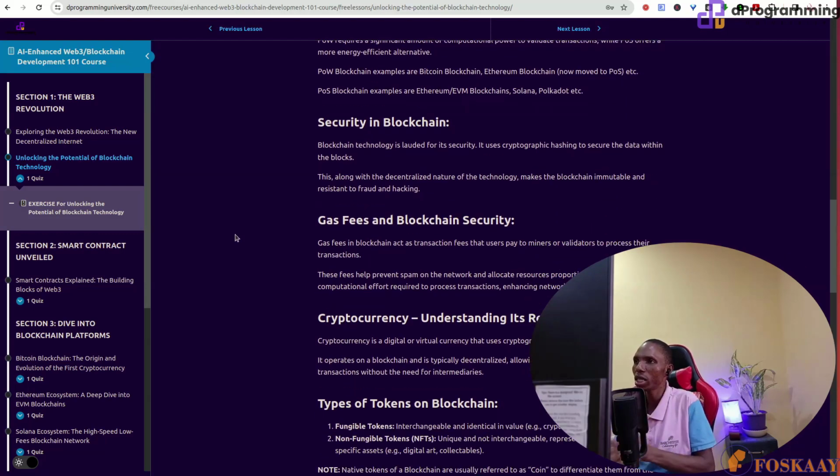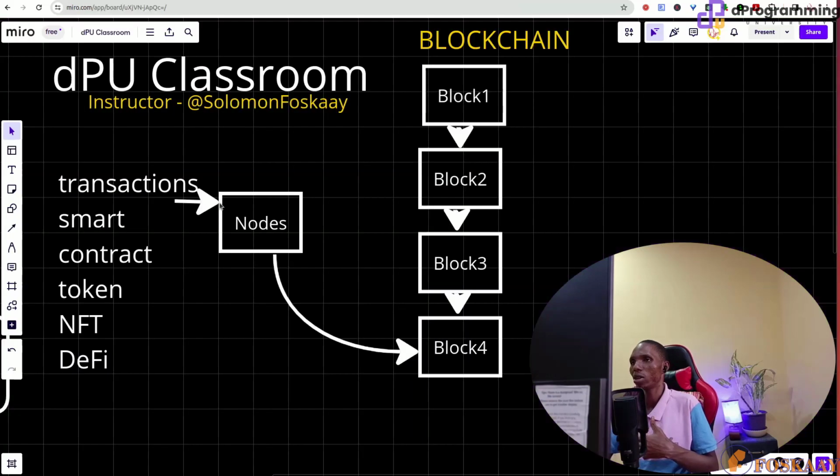Then you have security in blockchain. Blockchain technology is lauded for its security. It uses cryptographic hashing to secure the data within the blockchain. This, along with the decentralized nature of the technology, makes blockchain immutable. You also learn about the cryptographic hash; Bitcoin uses SHA-256. You will learn about it more under each of those blockchains, which we still have lessons for right here. For now, just know that those things are being secured